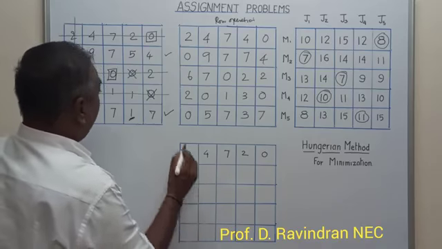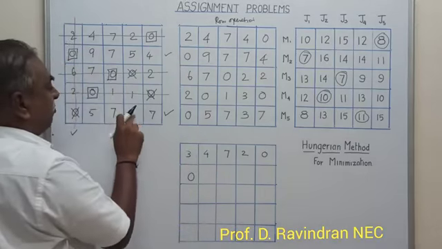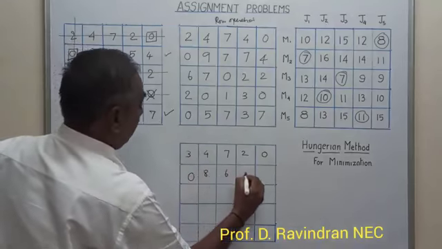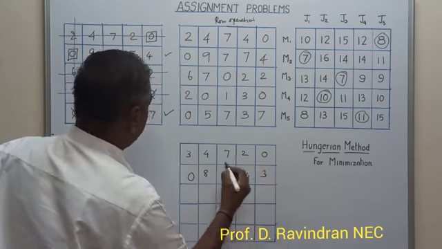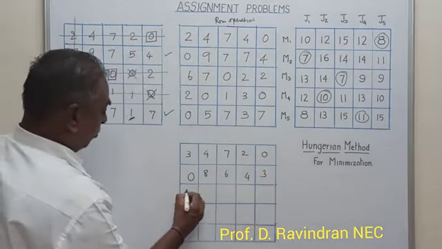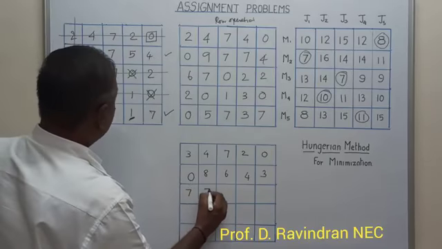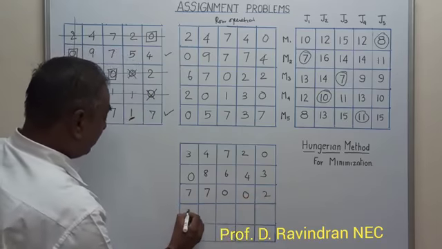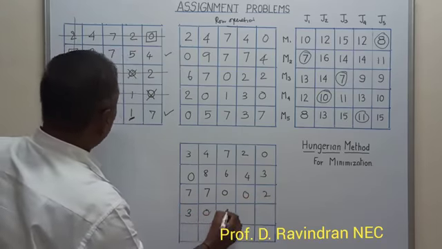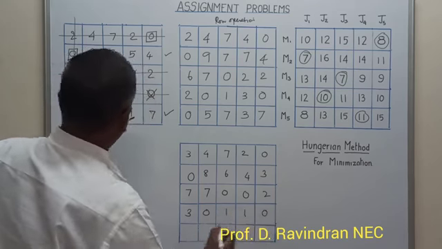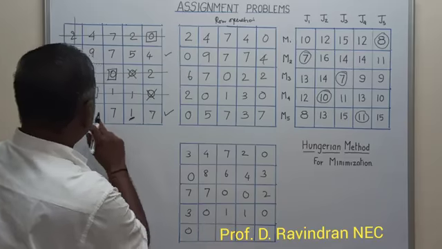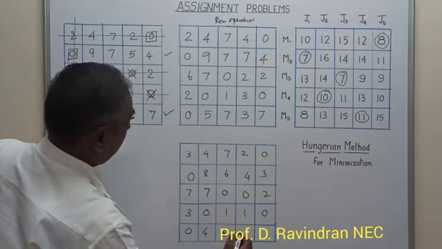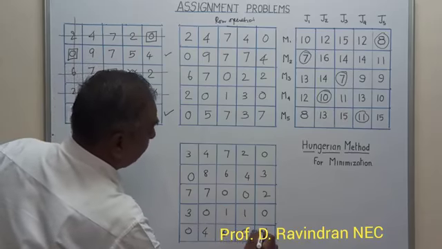Similarly, this 0 and 9, which has to be subtracted by 1, so it is 8, since it's an uncovered element. It is 6, 4, 3. 6 is the junction element, so we can add 1. Then this is 7, 0, 0, 2. Here it is 3, 0, 1, 1 and 0. Here it is 0, and this has to be subtracted by 1. It is 4, 6, 0 and 6.